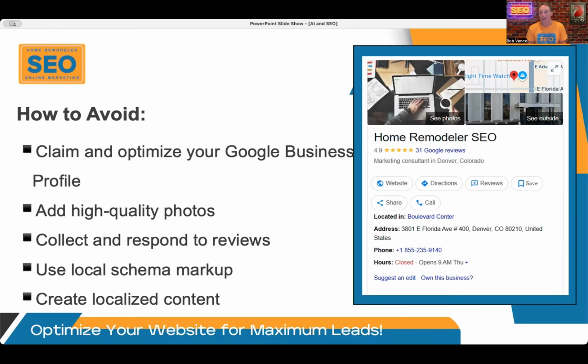And so, the other thing is to collect more reviews. Again, all other things being equal, the competitor that has more reviews typically is going to rank higher. So make sure you're getting as many reviews as possible, and make sure you respond to all those reviews, negative or positive, respond to them. If it's a negative review, try to take it offline. Sorry to hear you had a bad experience. We will be following up with you ASAP, whatever. We'll be following up with you. Don't dispute that review unless it's basically a fake review.